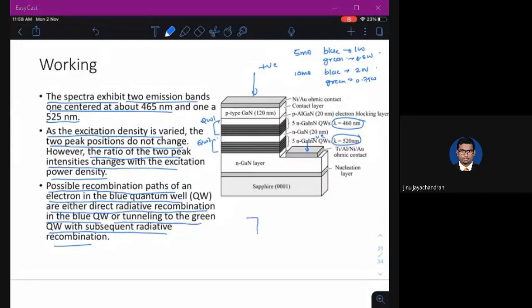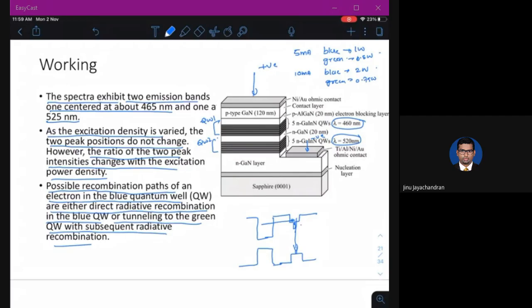Remember, they are of two different sizes, which means they have two different wavelengths. When you apply the electric field, the electron can tunnel to the green quantum well, and it can jump to spontaneous emission.